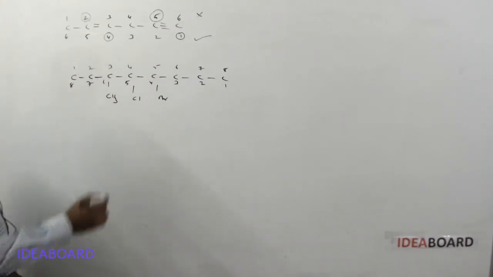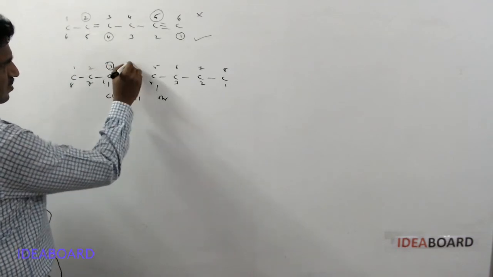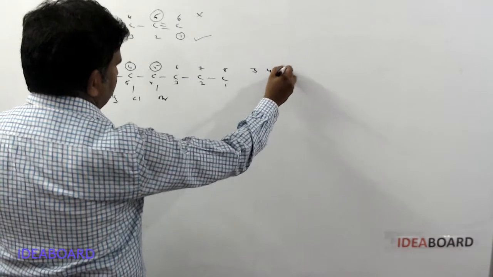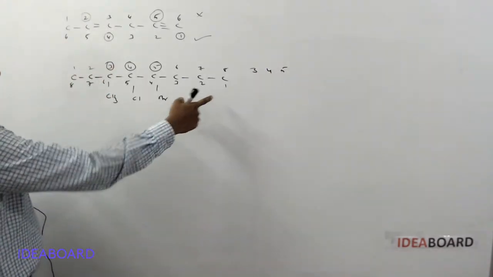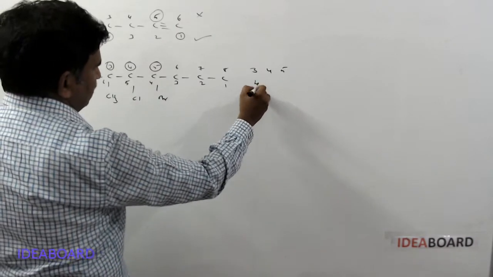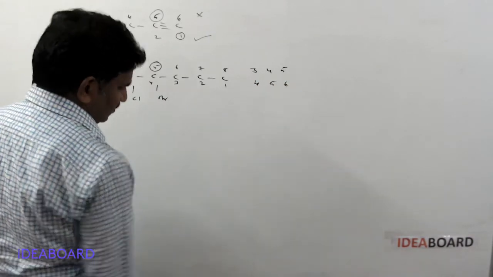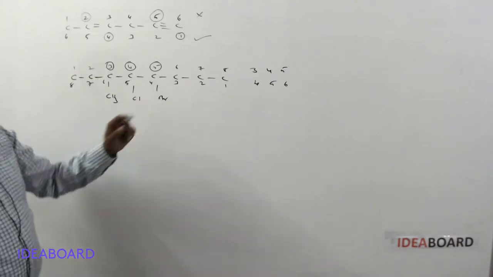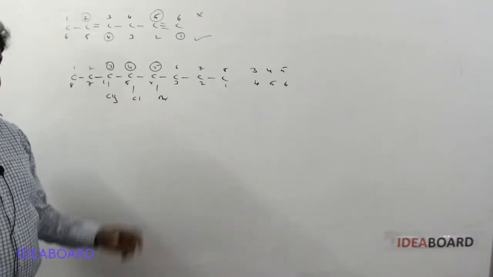In this type of situation, what is the numbering? 3, 4, 5 we are getting. From right to left, we are getting 4, 5, 6. So in this type of situation, when you have substituents at different positions, 2 or more